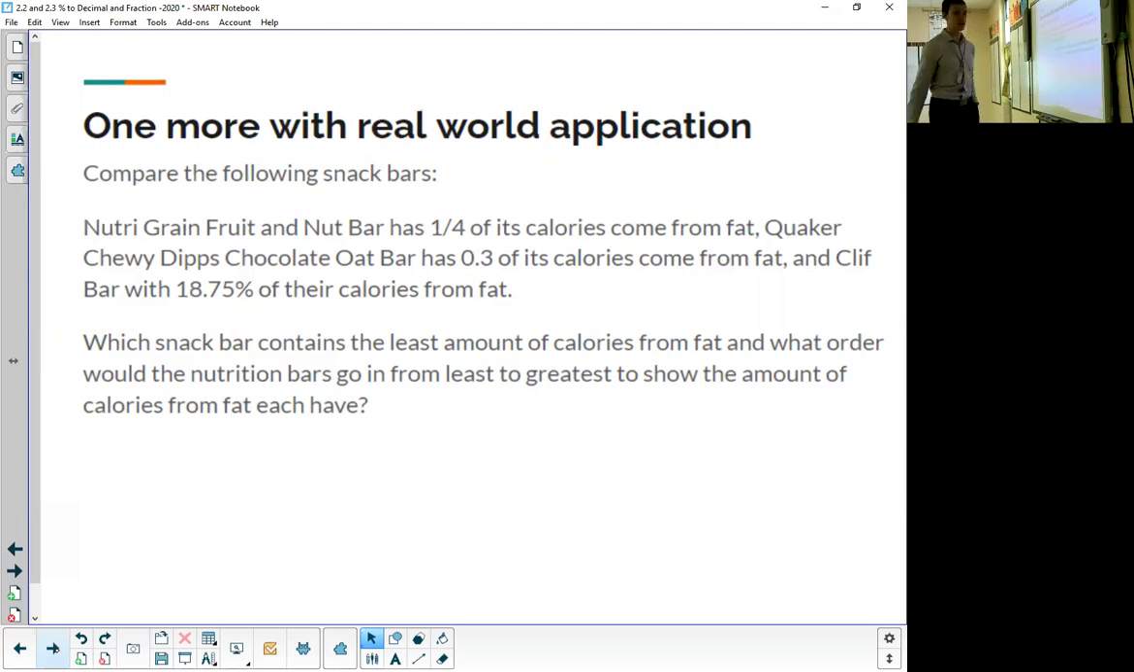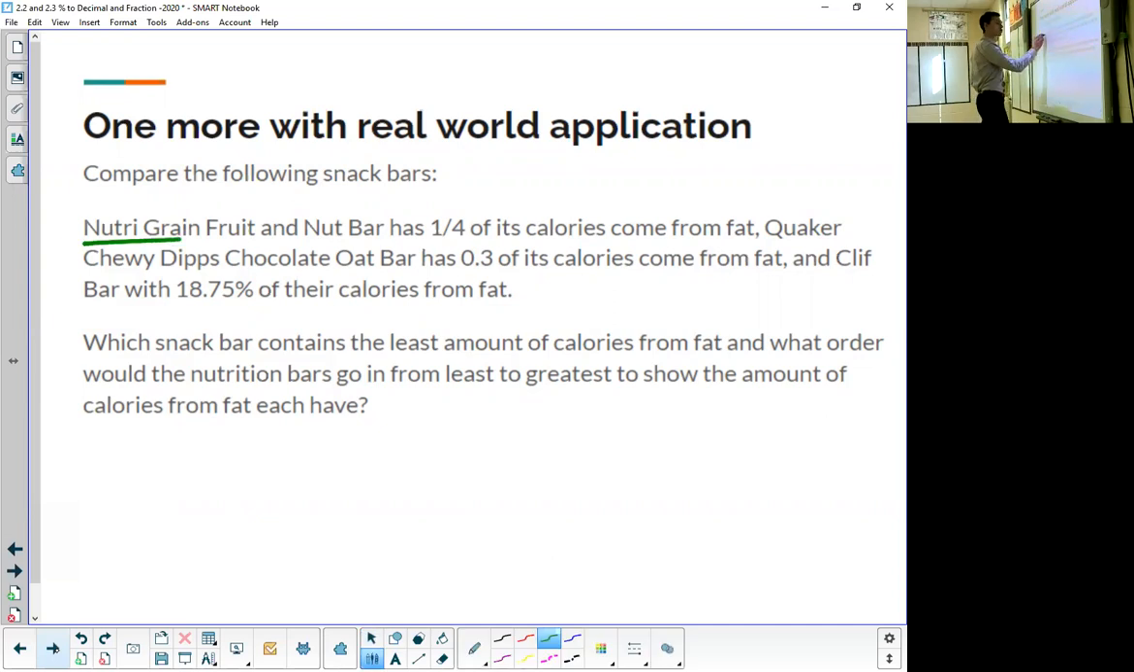And Cliff Bar, they claim they have 18.75% of their calories from fat. So we need to compare which snack bar contains the least amount of calories from fat. Maybe we're on a diet or maybe we're just trying to find a healthy alternative. So we want to find out which has the least amount of calories from fat and what order the nutrition bars should be in. So if you want to take a moment and solve,